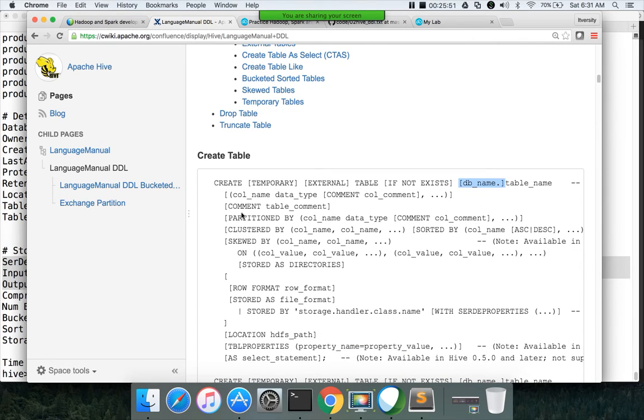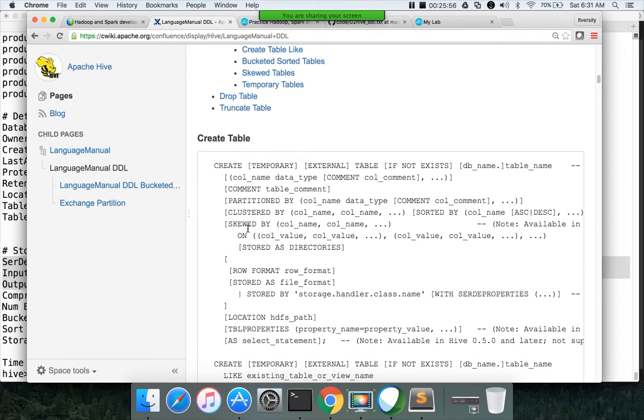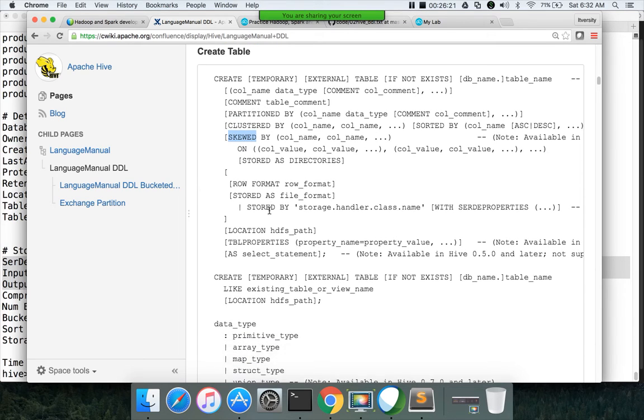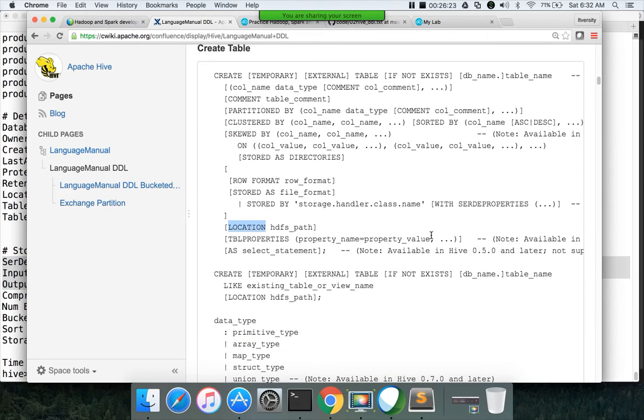And then there are other attributes such as table comment, partitioned by, clustered by, skewed by, which we will see up to some extent as part of the class. We will not be covering all these details at this time. You have to follow my videos to understand most of these things. Even in my videos, I did cover skewed by, clustered by, etc. significantly. So you have to explore certain things on demand if required. Okay, and then location we have specified.